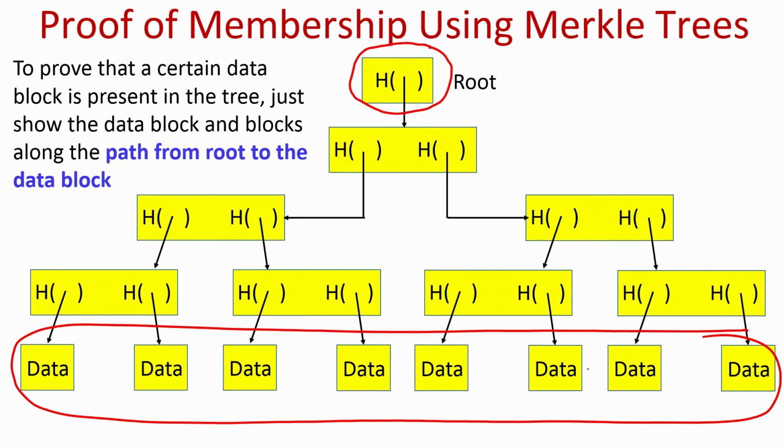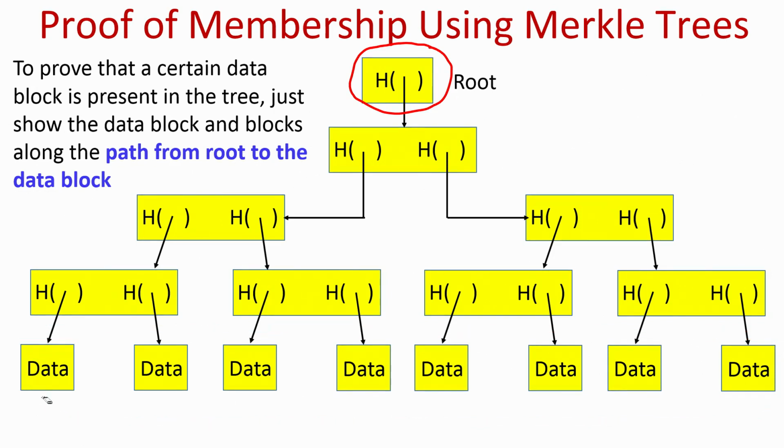Because only when I have all the data blocks present with me can I recompute the root, by taking the ith data block that the person is giving to me and verifying whether he is indeed giving me the correct data block or not. But it turns out that we do not require all the data blocks, namely 2 to the power k data blocks, as a proof to verify whether the retrieved ith block is indeed the correct ith block or not.